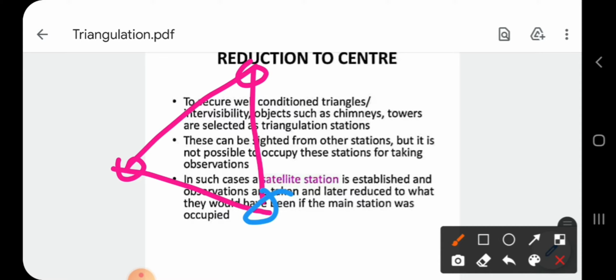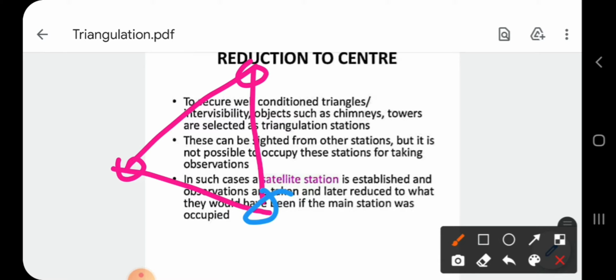So we can keep our signal over there, but for taking the next observations, for taking angles to the other two stations or taking other readings, distances, etc., it is difficult to reach that exact location above the church. So in that case we'll keep our signal over there, but we'll take the observations